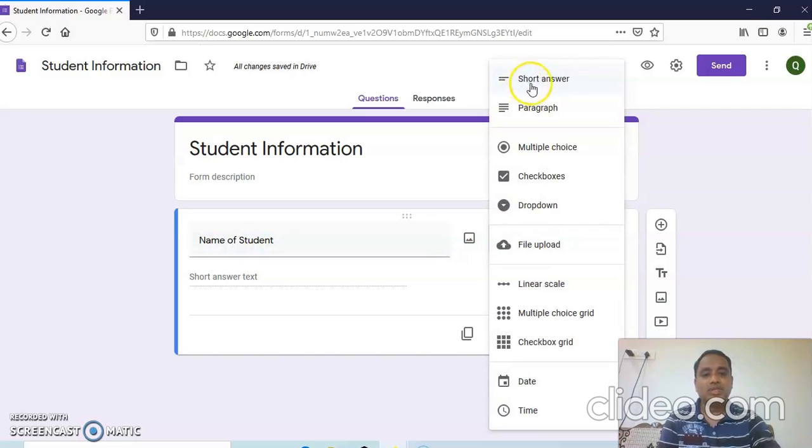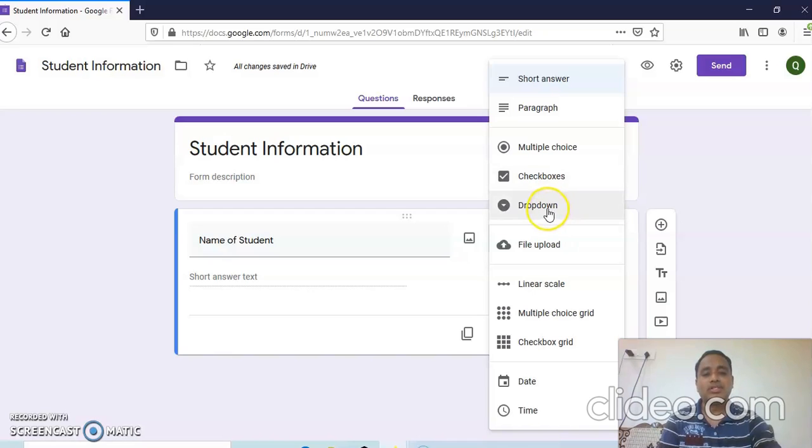There are so many types. Short answer is used for one line, a single line. Paragraph is used for more than one line. Multiple choice gives four choices or more, or two choices, and you can select any one from it. Check boxes give more than one choice, and you can select all, two, one, anything.